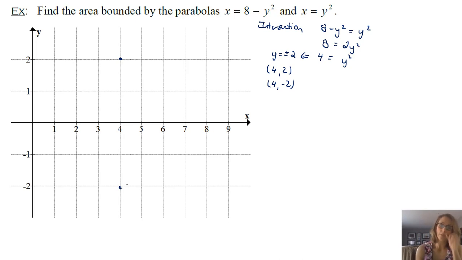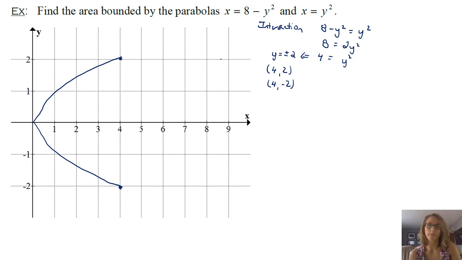Now you can kind of think about this, x equals y squared just means that you can take every y value squared and that'll be your x value. And of course we're talking about every x value being positive, so this is a parabola heading in the positive direction. It's literally just like y equals x squared, but just sideways. And then the other one, x equals 8 minus y squared, well, the minus y squared is sending us in the opposite direction, so that's going to be in the negative direction, so it's going to open up to the left.